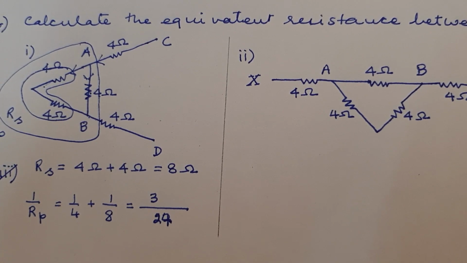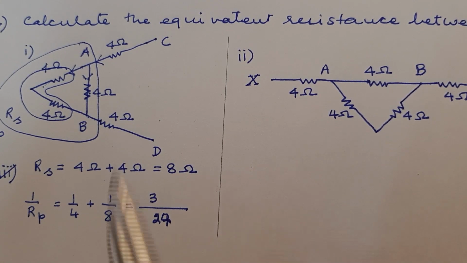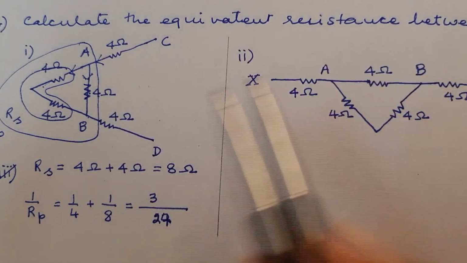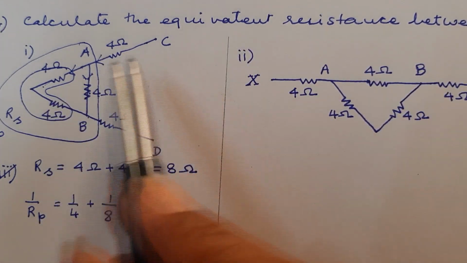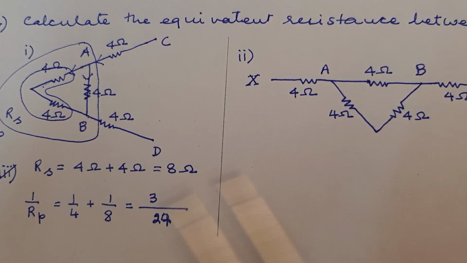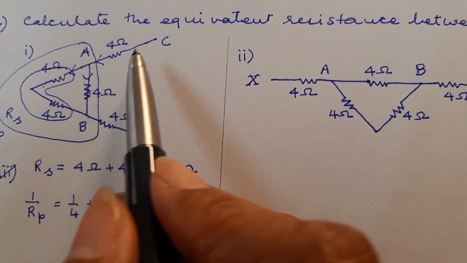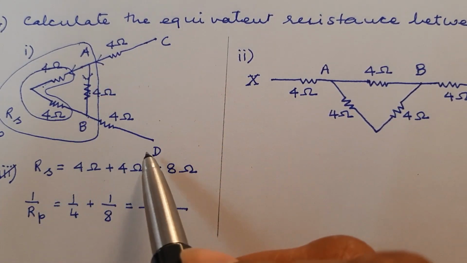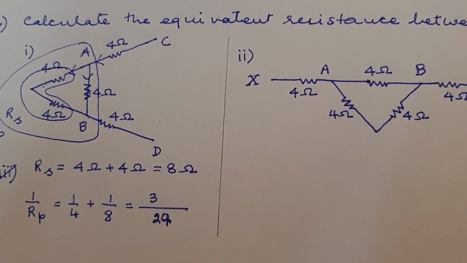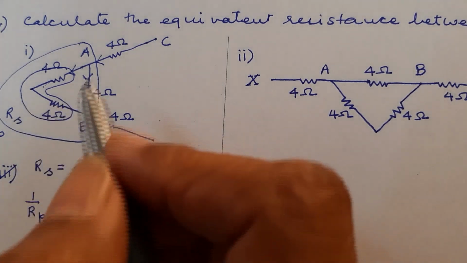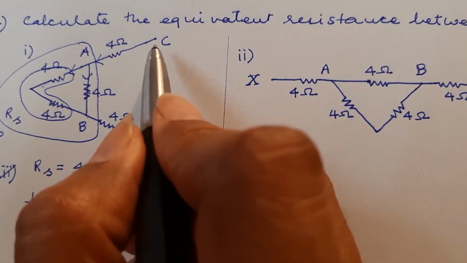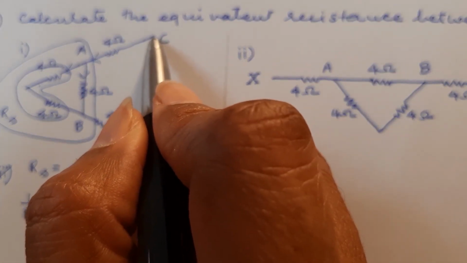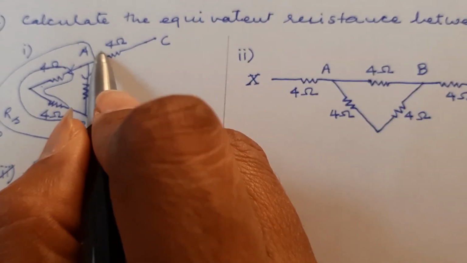Let us look at some more questions. Calculate the equivalent resistance between, and we have here case 1 and case 2. Now you will see that there are a number of resistors here between AB and CD, and we have to find the equivalent resistance. So whenever you are looking at a circuit diagram, see if one of the ends is having